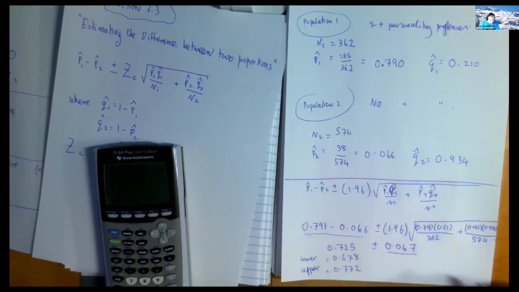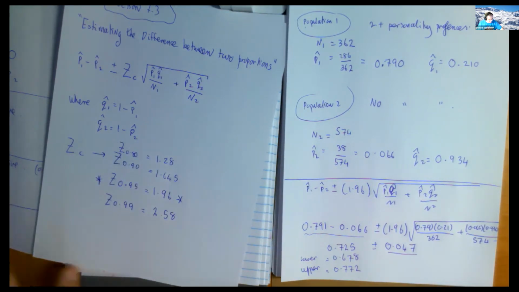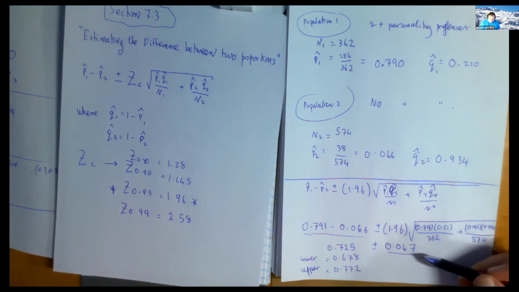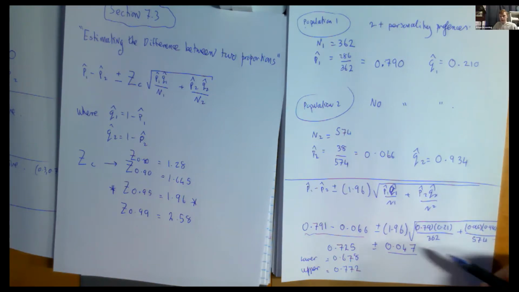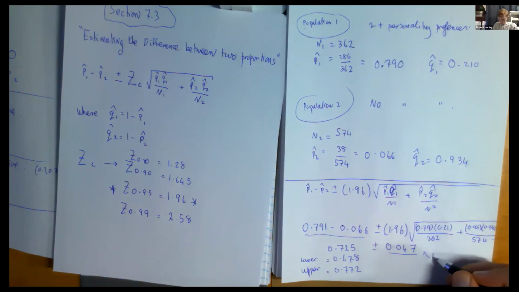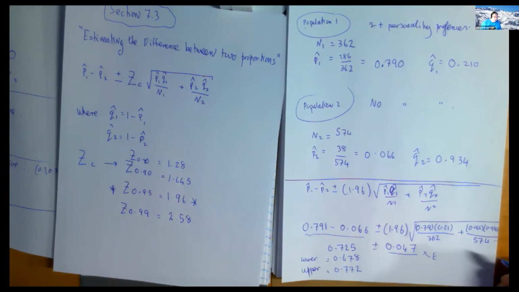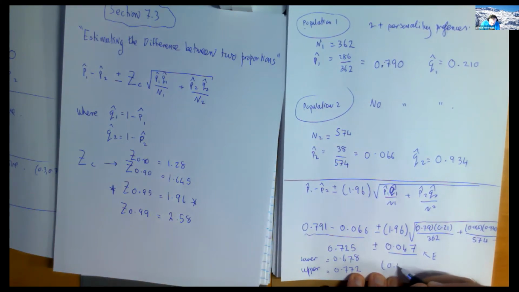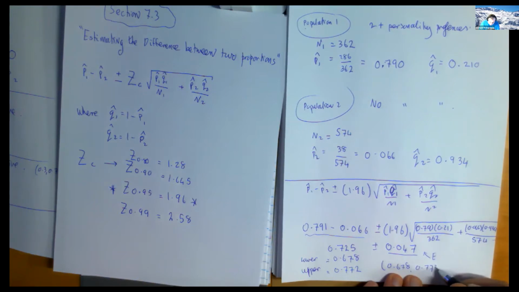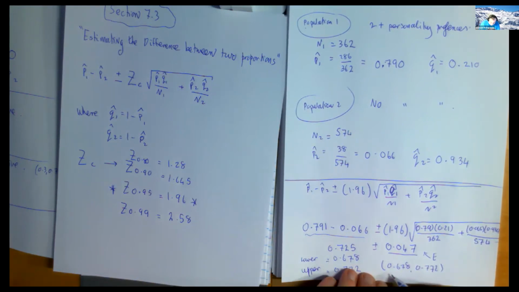This guy here has a name. Sometimes they ask you for it in homework. Can you remember what the name we give to this bit at the end? Margin of error. Right. Which typically they give you the E, but that's who it is. Right, if I put that down as a little interval, 0.678 all the way up to 0.772, or if you like,